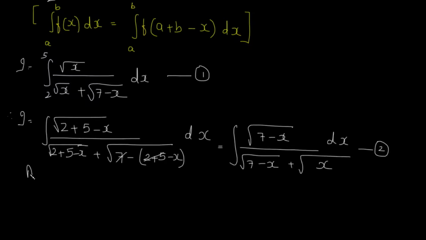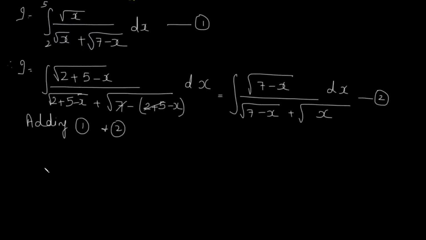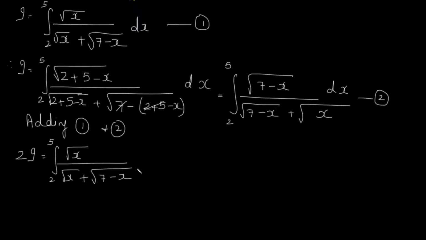By adding 1 and 2, we get I plus I becomes 2I on the LHS, and over here the limits of integration have to be written. So everywhere it is 2 to 5 since we are doing definite integration. Here the first term is the same thing, statement 1 is written as the first term, and similarly whatever we got as the second statement, we write it as the second term over here.